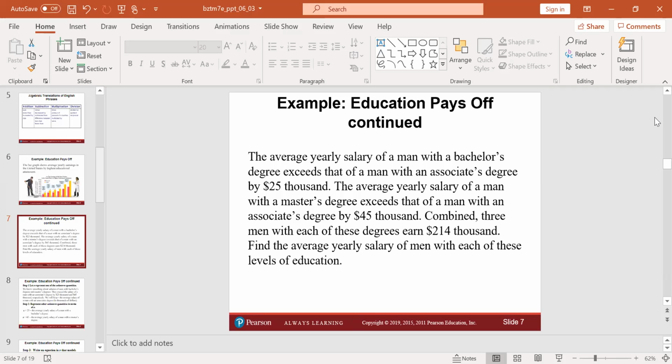So that's for 3 different people. So find the average yearly salary of men with each of these levels of education. Everyone say,